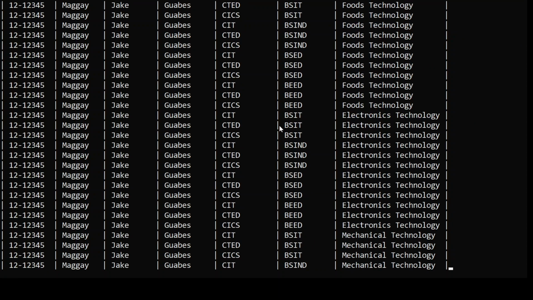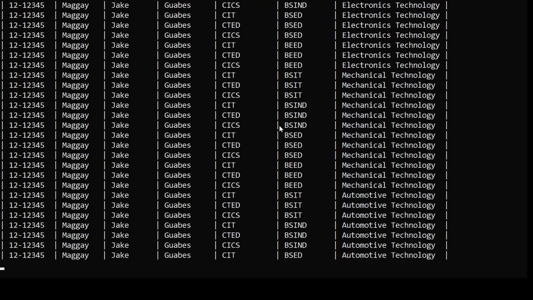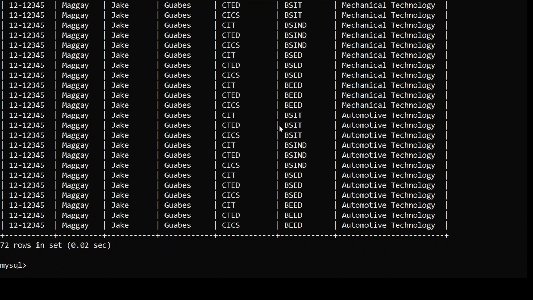As you observe there are 72 rows. Since it will just multiply the number of records, the number of records is major times course times college times number of students, that's why it became 72. So how shall we do that? We need to specify here,